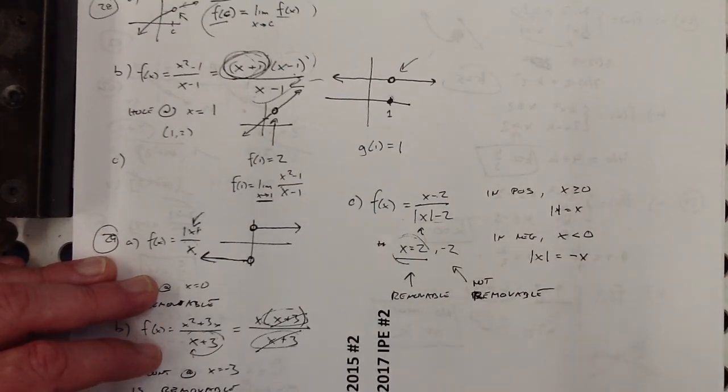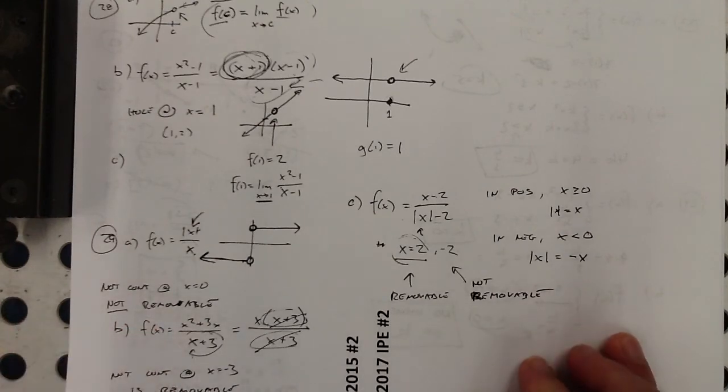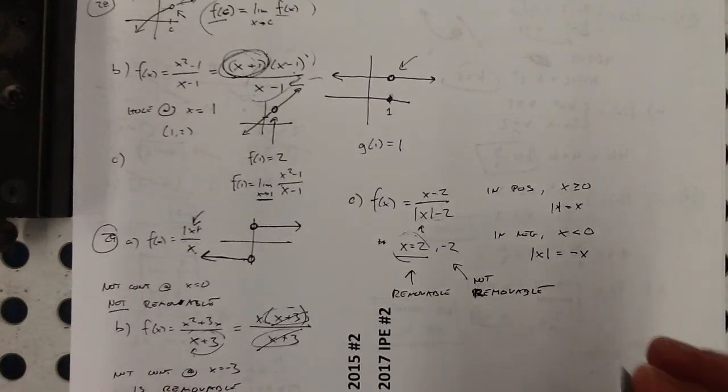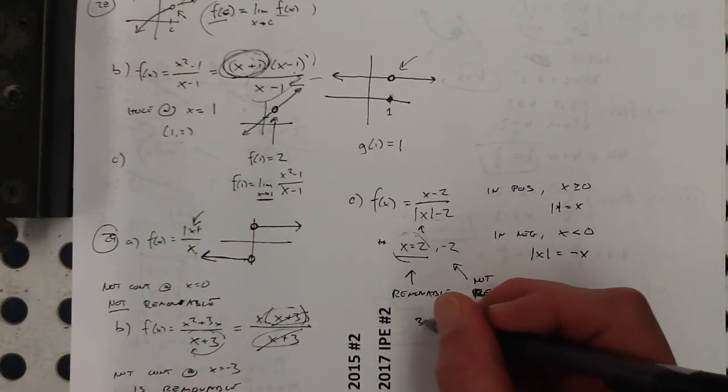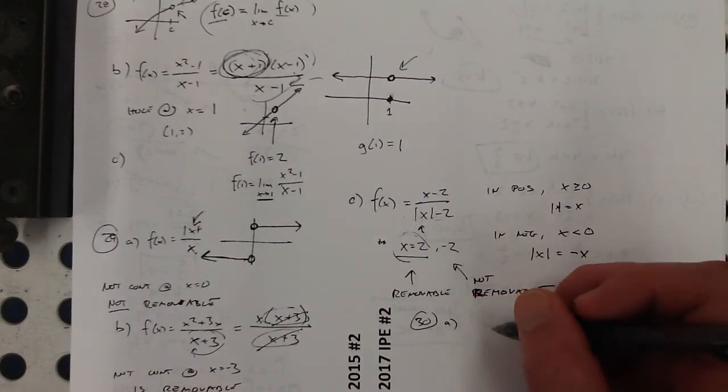But it's a good one. Number 30, last one. Can I squeeze it in here? Maybe. So 30a, I've got